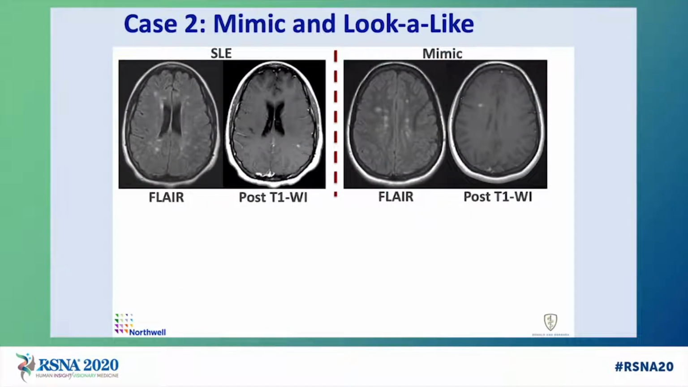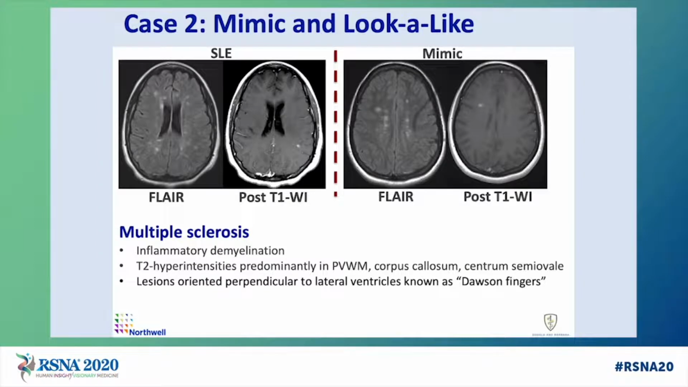Here is a side-by-side comparison of a mimic and lookalike for SLE, showing similar findings as the index case, with multiple small scattered white matter lesions on FLAIR, associated with the lesion enhancing, representing active inflammation. The mimic case is multiple sclerosis, which is an inflammatory demyelinating disease which characteristically involves the periventricular white matter, corpus callosum, and centrum semiovale. The periventricular white matter lesions in multiple sclerosis may be oriented perpendicular to the lateral ventricles,